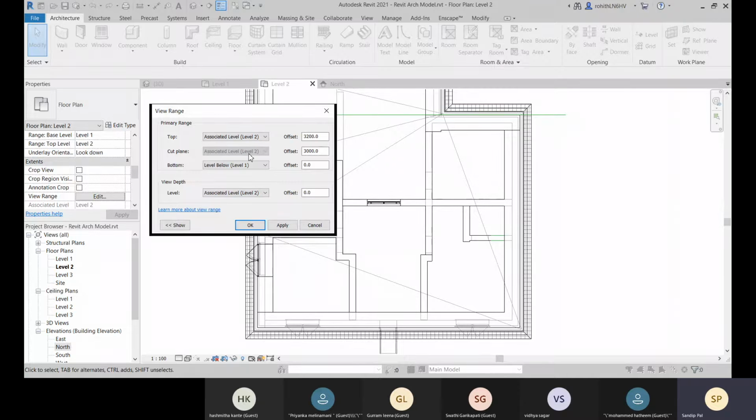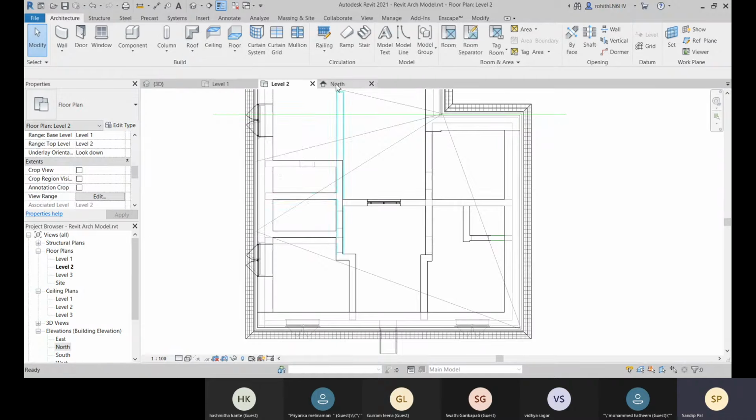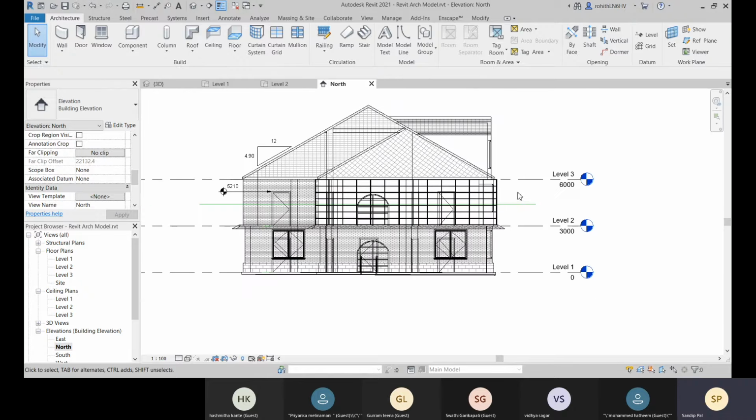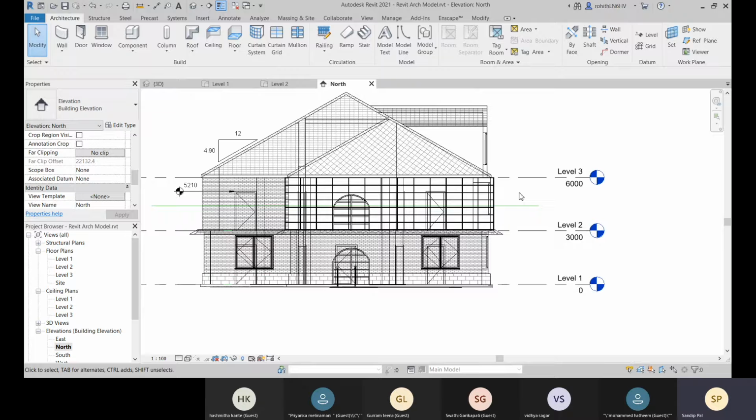If we are able to see the objects below this cut plane till the bottom plane, then why is the top level there? What is the purpose of top plane? The purpose of top plane is because there are some objects which will be placed above the cut plane or above some height, like the ventilators and the ceiling lights.